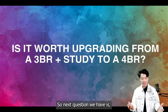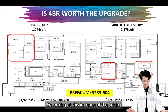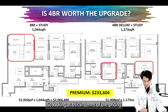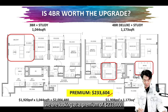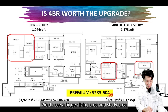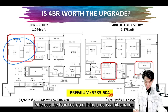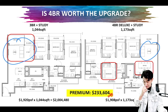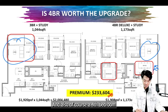So the question we have is, is it worth upgrading from a 3-bedroom plus study to a 4-bedroom? Looking at the pricing, to upgrade from a 3+ study to the 4-bedroom, we are looking at a premium of $233,000. In terms of layout, what is the difference? For the 3-bedroom plus study, we do see a bigger living area and study area over here, whereas the 4-bedroom living area is a bit smaller, but you do get a bigger dining area instead,